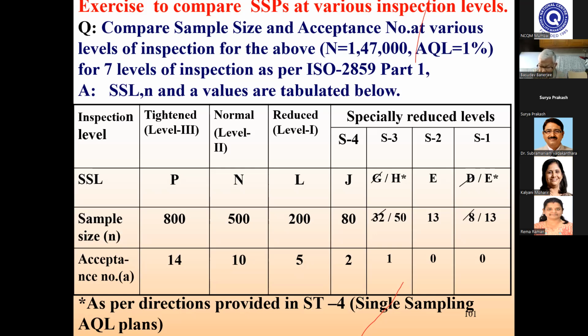If your process is homogeneous and you are able to improve your process capability, you can manage the same lot with a sample size as low as 30, but as high as 800. So increasing the number of inspectors is not the right way of improving quality. You have to improve your process capability. You study your process. Paper 4 will talk about how to do that, what Japanese people do in today's context. I'll talk to you on that next week. Now you see how you have to improve the process.